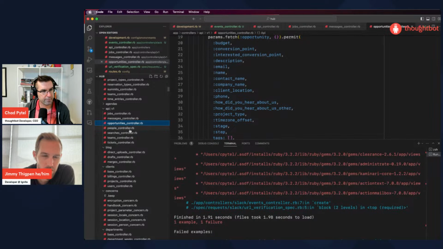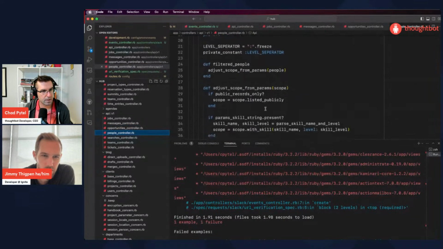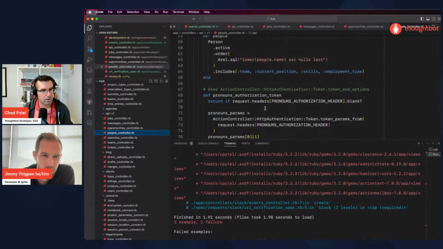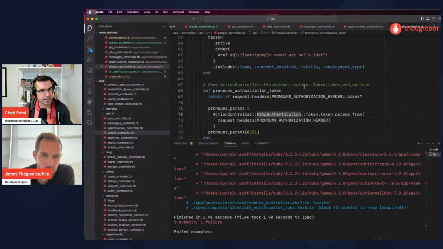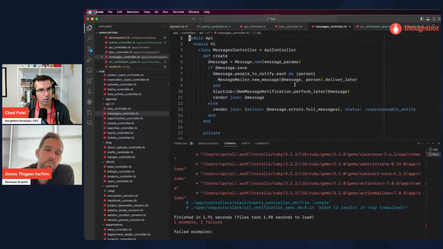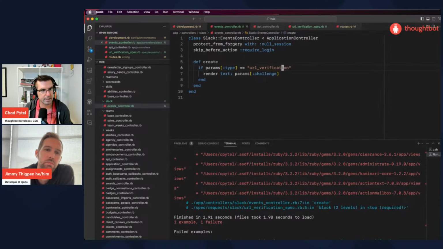I wonder if the reason why is because it is trying to do the format of the request is HTML, whereas on all those, the format of the request is JSON.